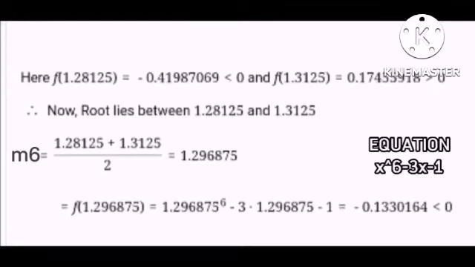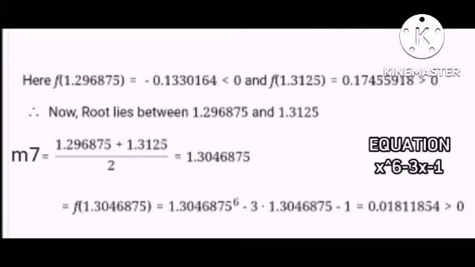On our bottom part, as we substitute everything, we have the result, which is negative 0.1330164, which is less than 0. In our seventh approximation, our root lies between 1.296875 and 1.3125. So m sub 7 equals 1.296875 plus 1.3125 all over 2, which is equal to